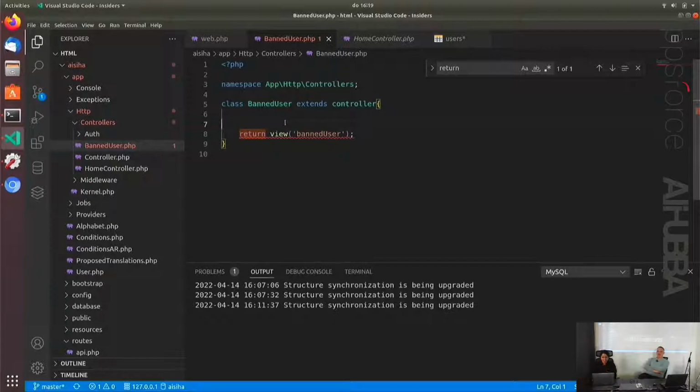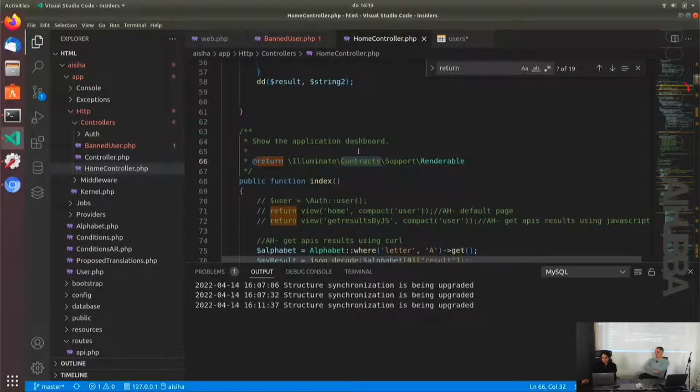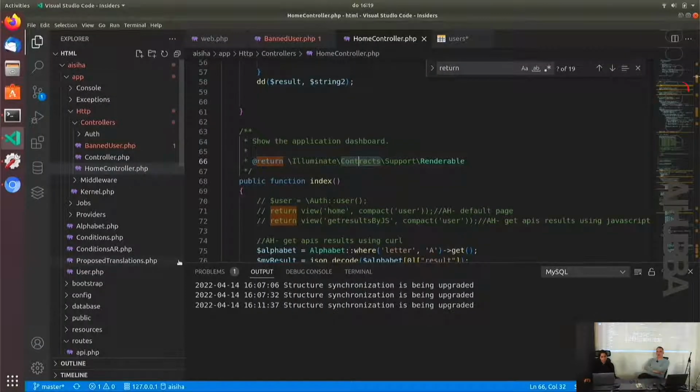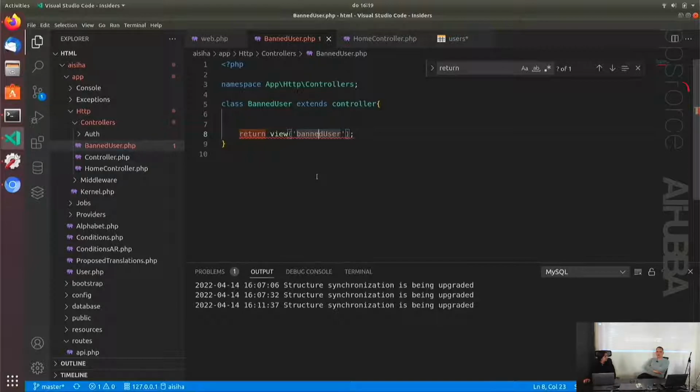Yeah, but explain to me, okay, why did you make a controller? Okay, so the controller is where I define the variables and the functions. Okay, but you have a home controller. Why did you make a new one? Because this is for the band users, and this is for, I think, the home page. But do we need to have one controller per page? I actually don't know. Well, the answer is no. We can have 1,000 pages in one controller. And controllers are not just for pages, but they are for other stuff as well. So the functions which are not just displaying pages can be in a controller. Okay? So it's not just for the page. But we typically group controllers in some sort of